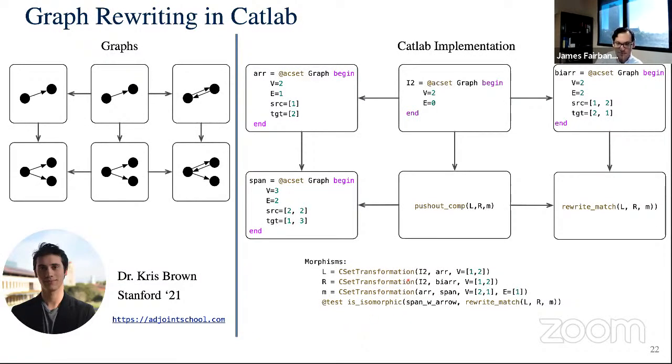Here's this example worked out in Catlab notation. You've got this graph, laid out visually. You write down your rule as a span of graphs, and you write down your match, you ask for the pushout complement, and then you can do the rewrite. This is what this code looks like. It's tedious to specify all this stuff by hand, so that's an area where we need to tie up some loose ends around graph rewriting. Chris has been working on this just the last couple of weeks as part of the Adjoint School.